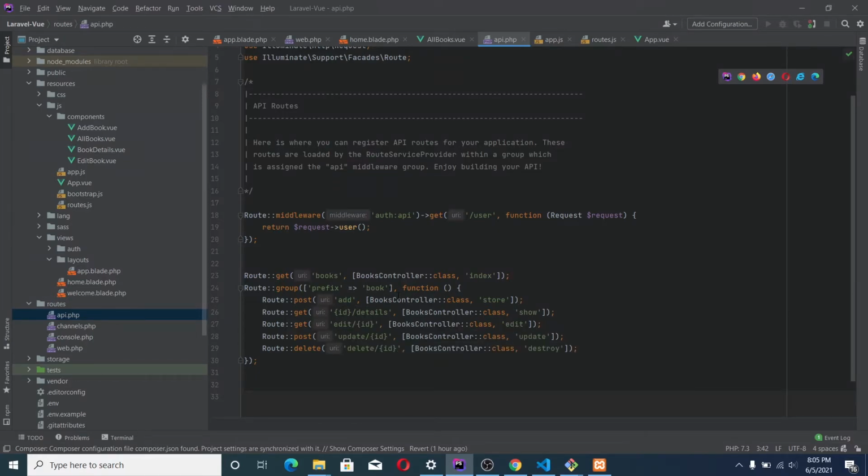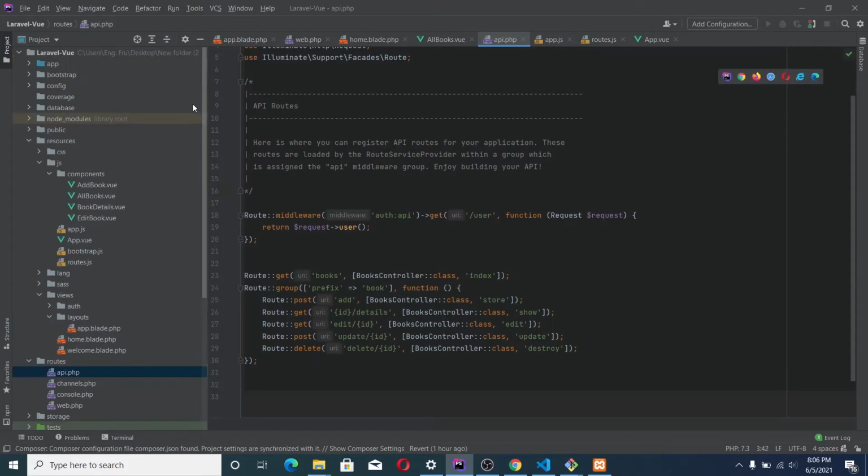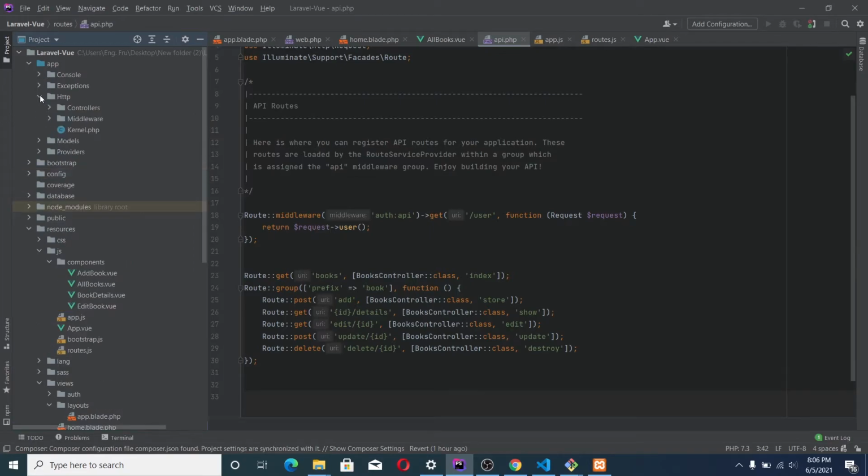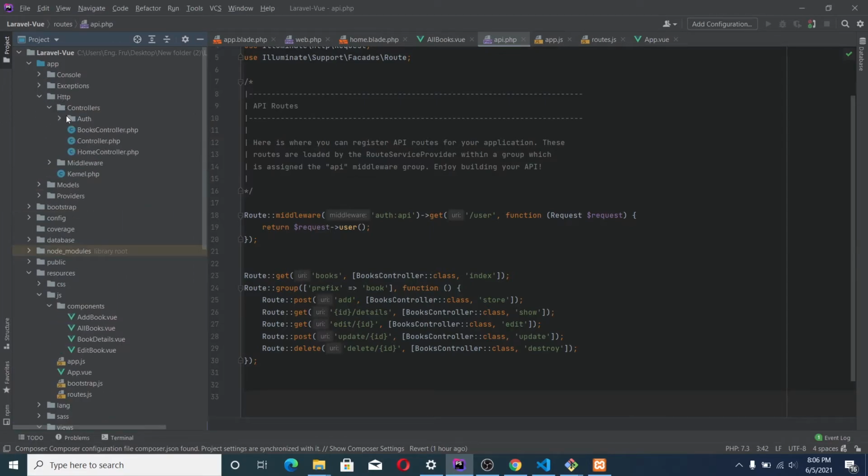Whenever it sees this pattern, it's going to open the show method. Whenever we get a GET route to edit with an ID, as I say the book ID, it is going to open the edit. So let's open the controller we created. Now HTTP controllers.